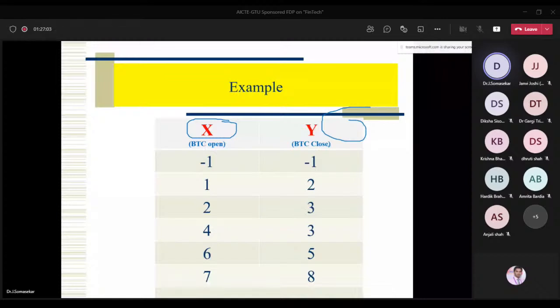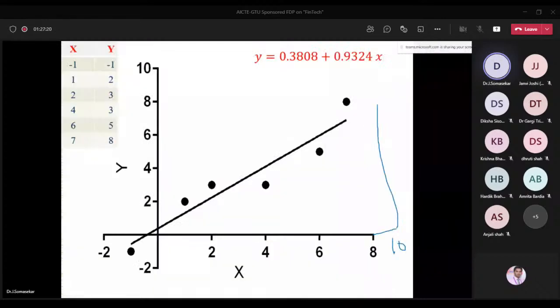Suppose I try a line like this, some of the data points are far away from this regression line. If you find like this, or like this, so this is the best fit regression line which will give more accurate results. Suppose I want to find the value of y at x equal to 10, then you will get here, so maybe some value here. Let's assume 9 or 11, something.